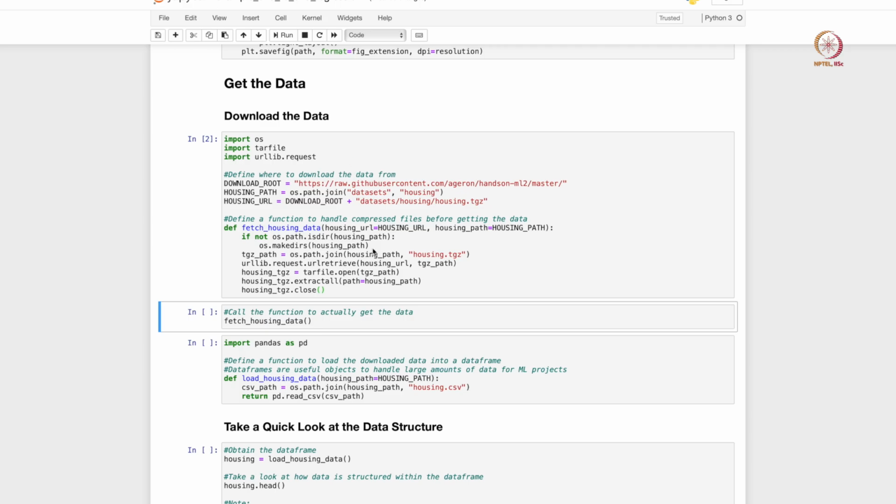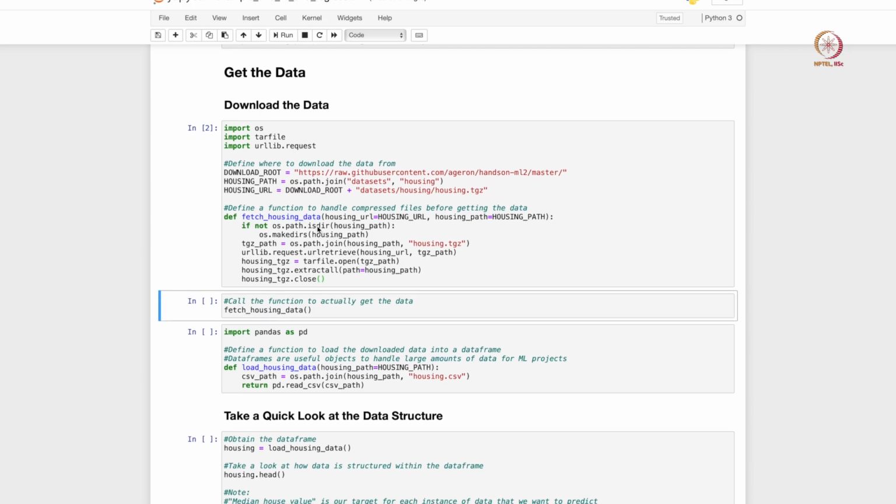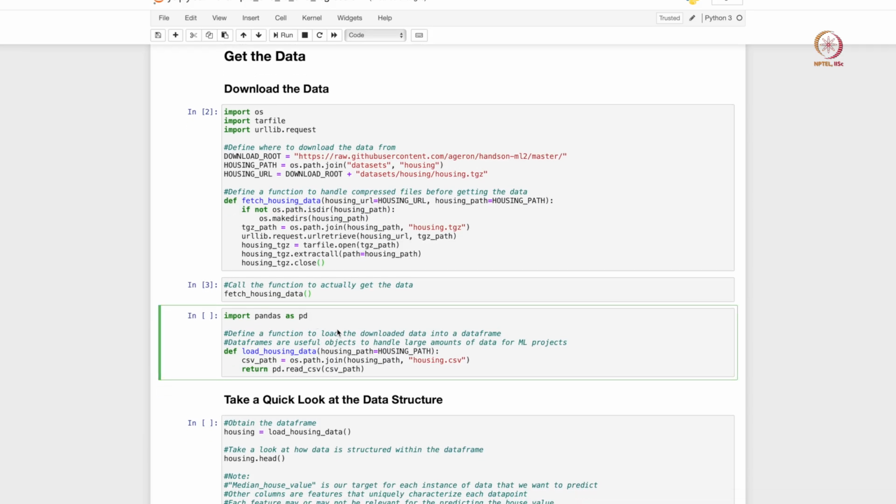So we have now defined where to get the data, and then we now have to execute this function to actually get the data. So now the data has been imported, and it is available locally on our computer here, right. And in the next block we are going to import this pandas library. So pandas is very useful within data science, machine learning in general.